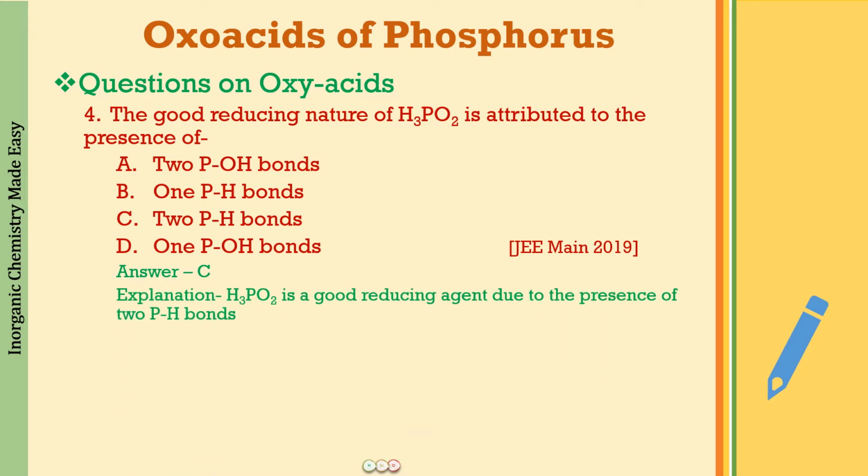Again, giving you the explanation once more, please do not forget this, because this is going to be asked so many times in these previous year questions. As you will see, H3PO2 is a good reducing agent because of the presence of the two P-H bonds, and the structure, please do remember, is that we will definitely have a P double bond O, one OH, and the remaining two are going to be hydrogens. This is just the same trick as I used to draw the structure for pyrophosphoric acid. So you can again please watch my lecture where we have done all these structures in a really simple way.